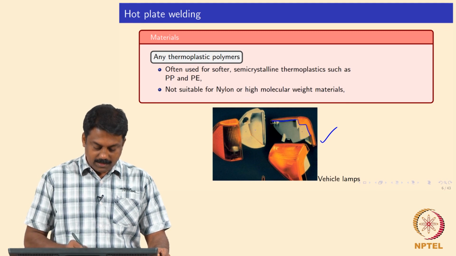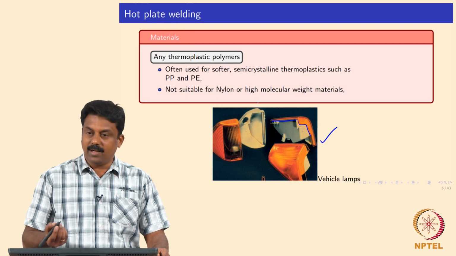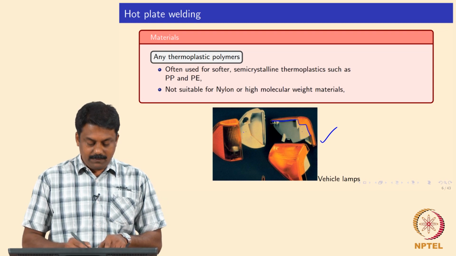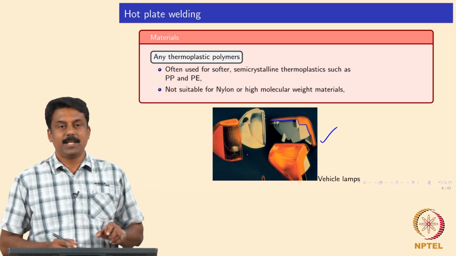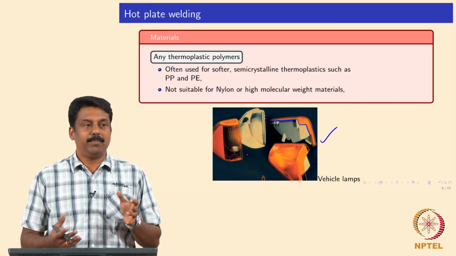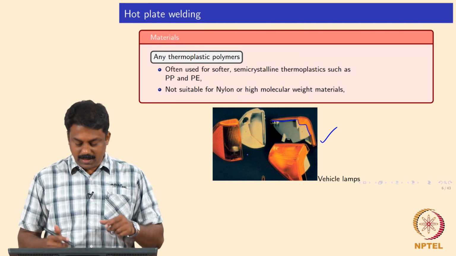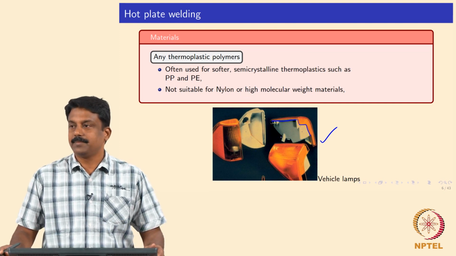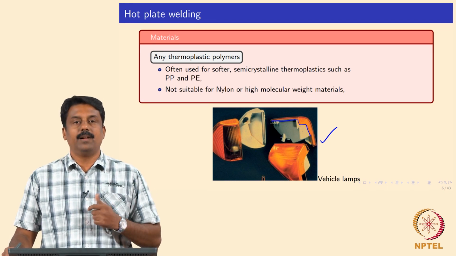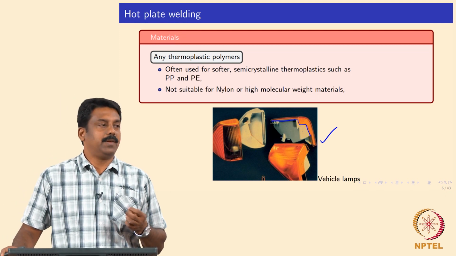These two are the prior joining interface, and you make a hot plate tool similar to the configuration you want, and these two are different polymers, right? Each tool can heat up the interface to the required temperature, and subsequently the tool is removed and they are pressed and you form a flash, and the flash can be removed easily, right? It's clear.